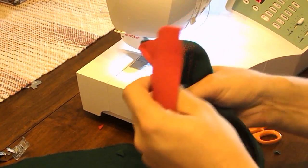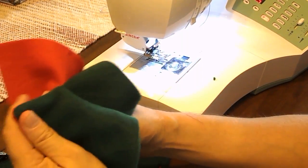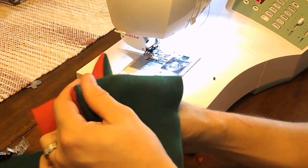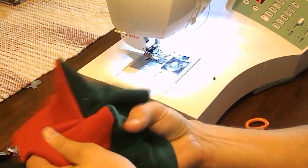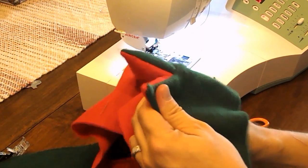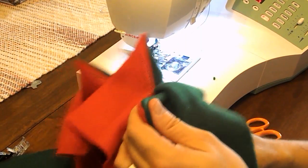Okay, now what we're going to do is we're going to turn this right side out. And the best way is if you have a pencil or maybe knit needles, take the knit needles and just poke those points right out so they're nice and pointy. And I'm going to do all of the points. And that's all the points,